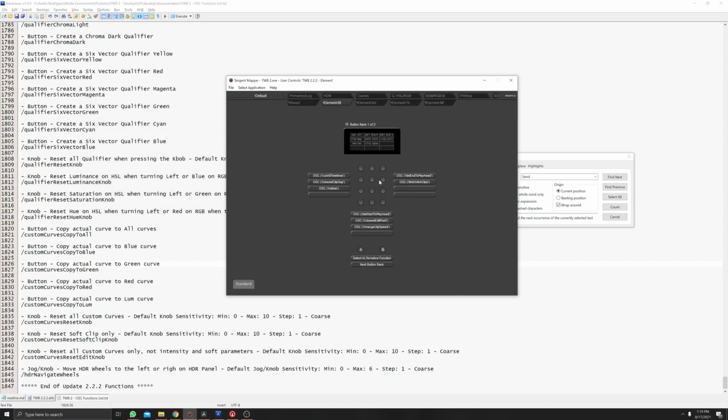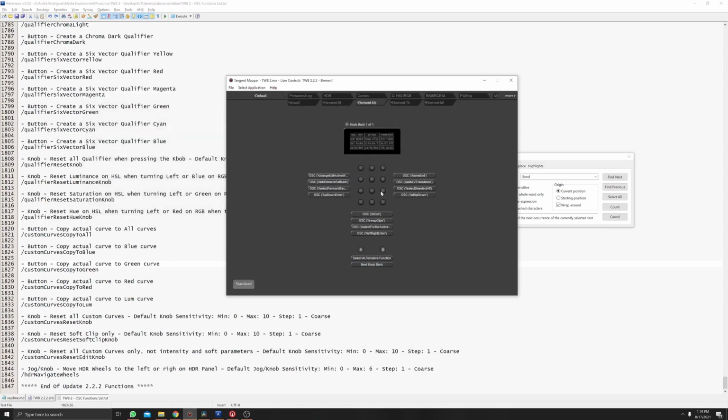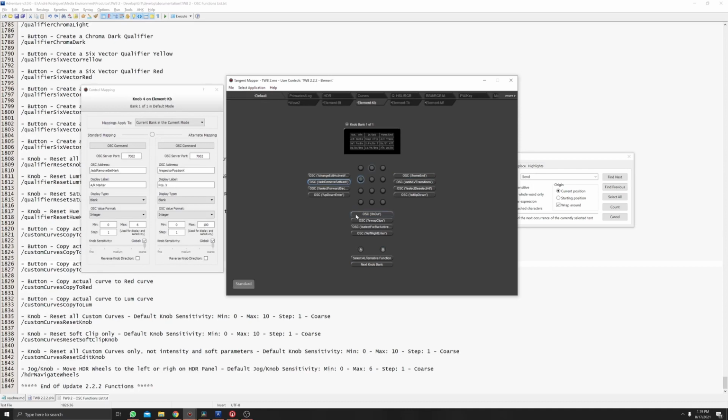So for the elements here, the buttons here, we have these functions, and in the second bank we have functions to insert, overwrite, replace, ripple, to insert clips on your timeline. So you can change here pressing the B, the bank. On the knobs, we have a lot of functions like in, out, home and end, add a mark, select forward and backwards, and everything else.